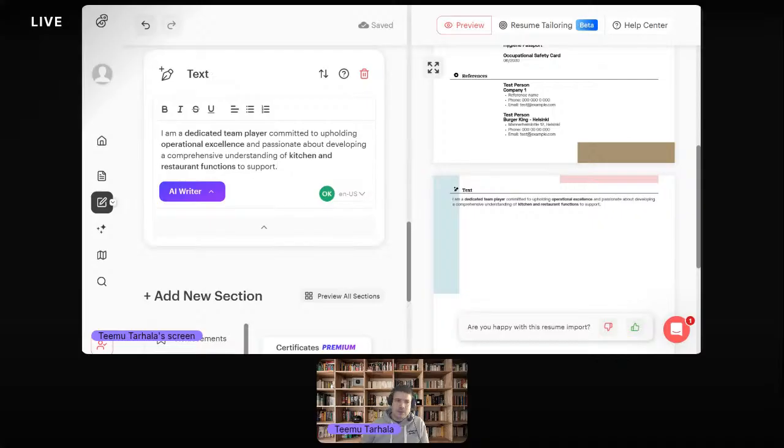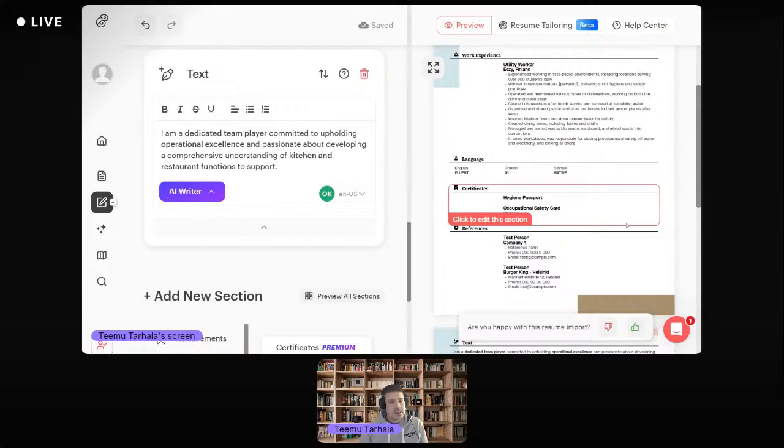We want to take part in the operation, and we are really passionate about kitchen environment and restaurant environment. Maybe I have put too much weight on the kitchen side here. The previous CV was more like a restaurant side, but anyway, the work experience is on the kitchen side